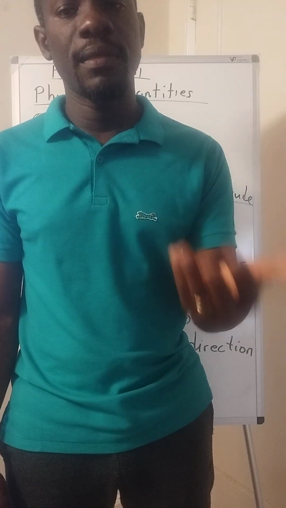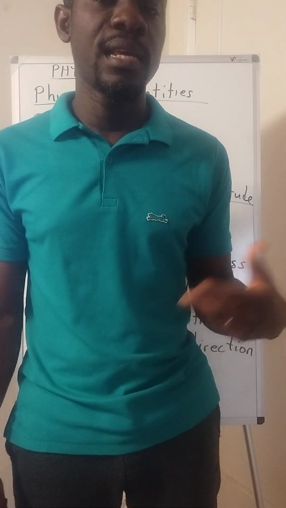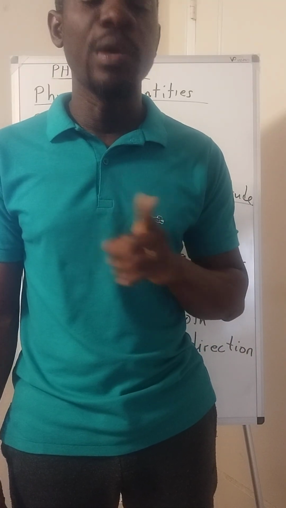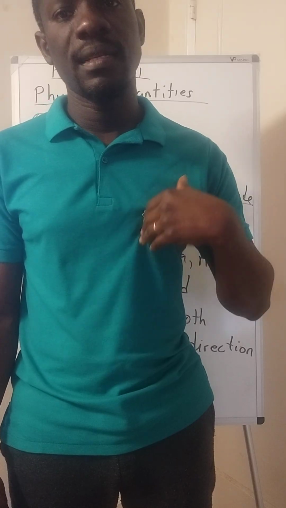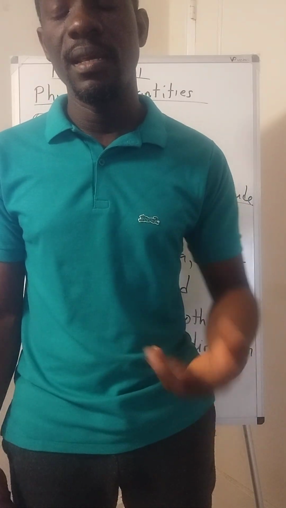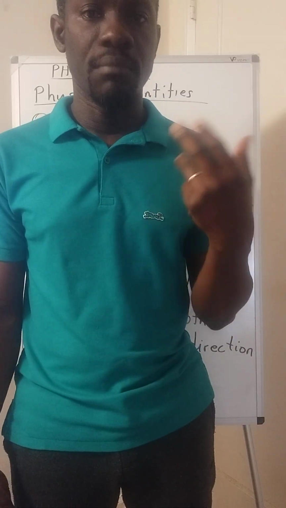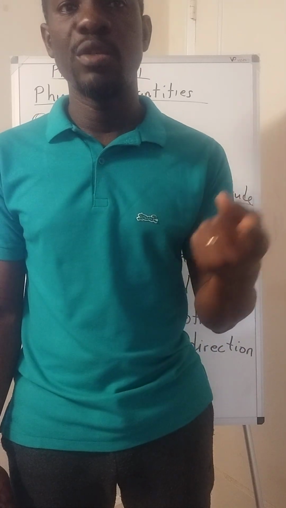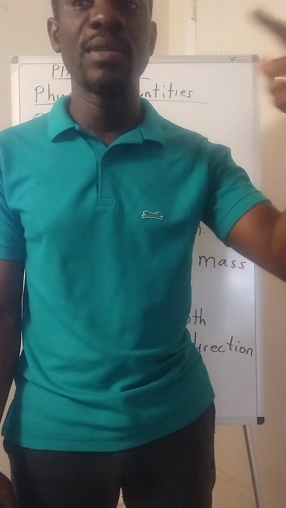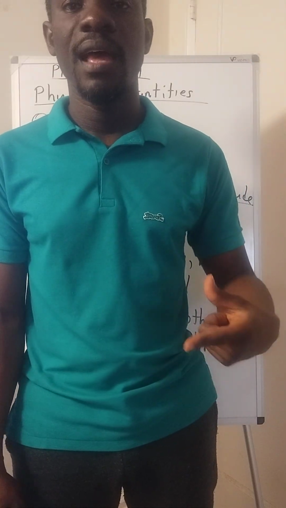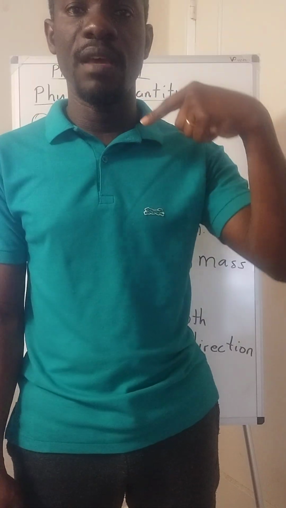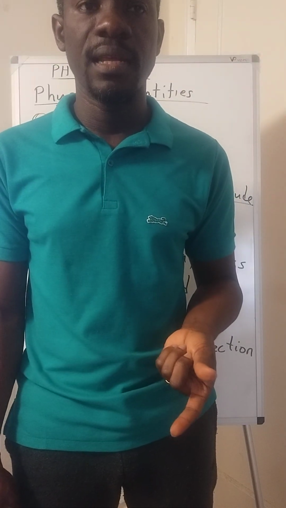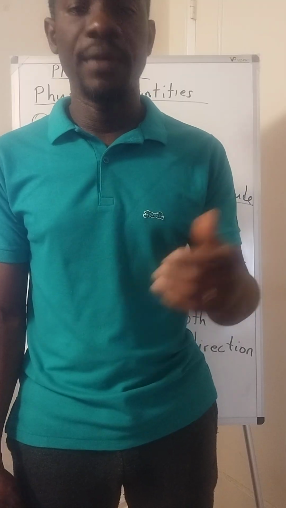Now, the third type of physical quantity is a scalar quantity. A scalar quantity is any quantity that has magnitude but no direction. And we said that some examples of a scalar quantity are distance, mass, time, just to mention a few. As we progress, we'll be using all these, and I'll be pointing out which of them are scalar, which of them are fundamental, which of them are derived quantities. I hope you understand. And then the fourth one is the vector quantity.